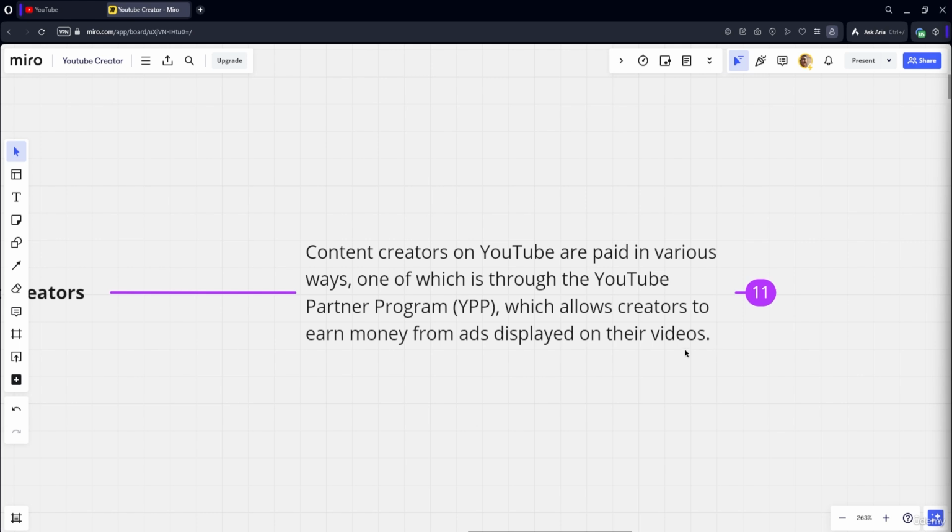The compensation you receive on YouTube is not fixed. It depends heavily on the number of views you get throughout the month. So if in a certain month you have a lot of views, you'll most likely receive a good amount. If in the following month you don't get as many views as in the previous month, obviously you'll receive less. Therefore, your income varies and is not fixed, depending on your performance on the platform.